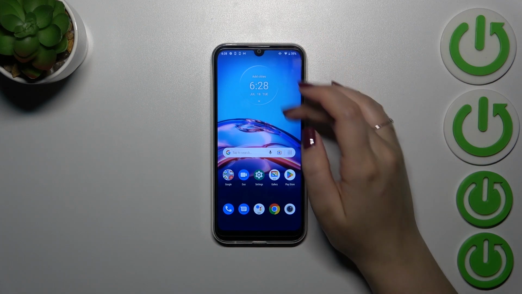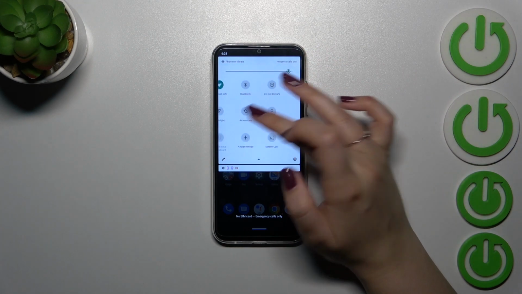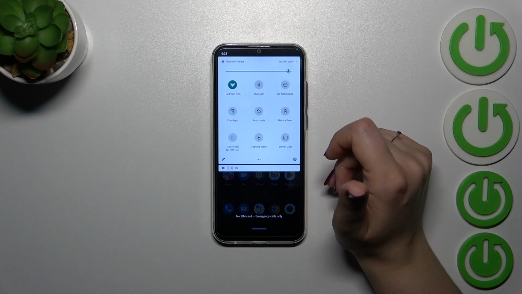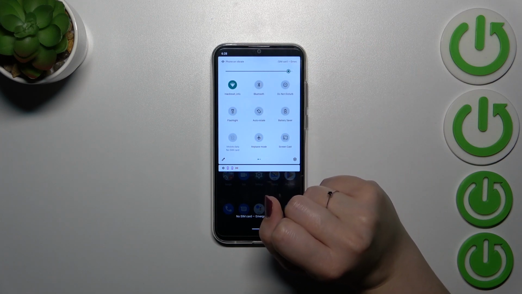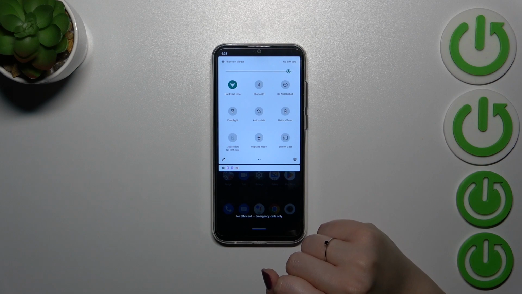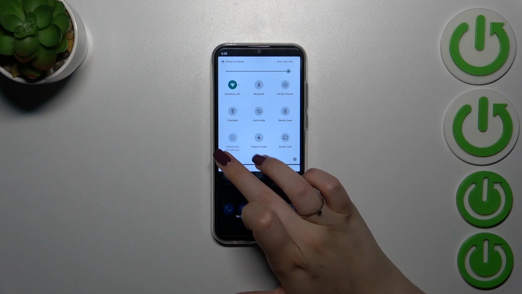All we have to do is unroll the top bar, fully of course, and here we have to find the proper icon, which is, as you can see, not available here. But no worries, if you start with customization of the mode, it should automatically appear in this section. If you want to start just like I did, all we have to do is tap on this edit